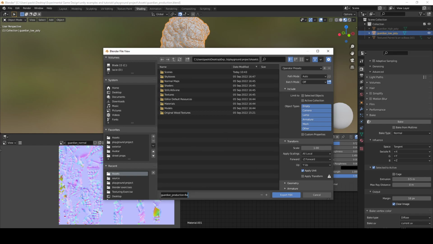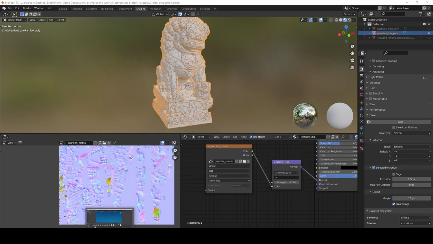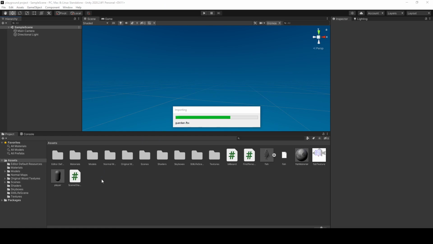So I'm gonna just call it Guardian, and I'm going to say export only the selected object, the one that is currently selected here, and I'm just going to export the mesh. So all the stuff, camera, lamp, or whatever, I'm not exporting. The other settings should be fine. And then I export the FBX. So here it appears. Should be imported here